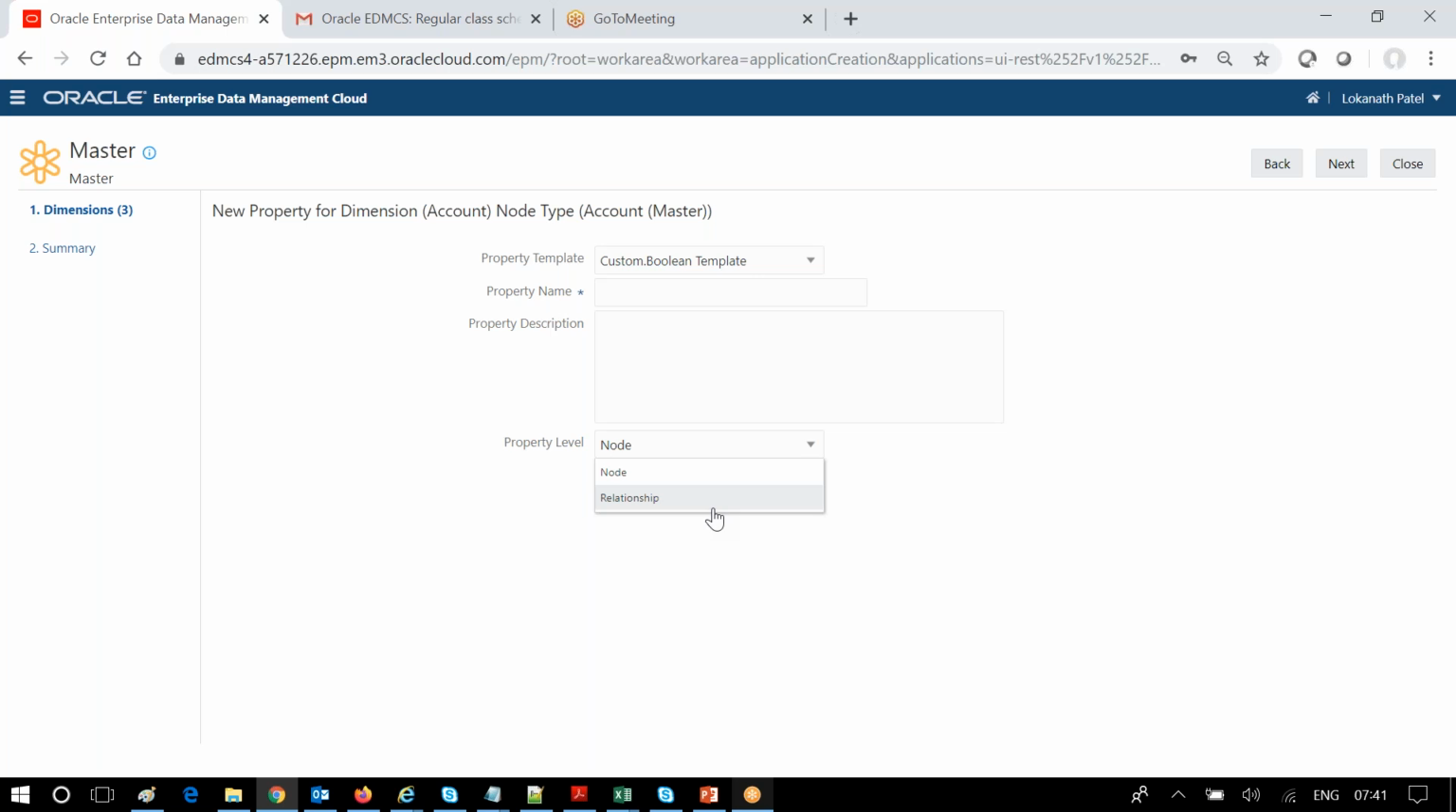So you have to decide what should be the property level of the value that I am going to store for that particular property. Okay, so for example, just take data storage. That property can't be a node level, because when you store the data storage for the primary member, store or dynamic calc, the same value will come to the shared member. But for the shared member, the data storage property should be shared. So in that type of scenario we have to select the relationship property level. Okay,